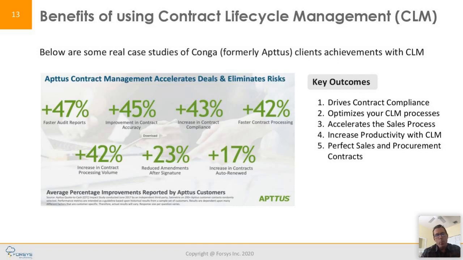And when we look at what our customers, again, said to us in a third-party study, you can see, yes, obviously there's going to be compliance, right? Now you can track all your terms and conditions. But if you have large customers and you're slow at that contract processing or negotiation, this will help improve it. It will help reduce the number of amendments. So if you didn't have the right clauses in there, then you need to go back to your customer after the fact and say, oh, by the way, we need to amend your contract. Kind of forgot about this other clause.